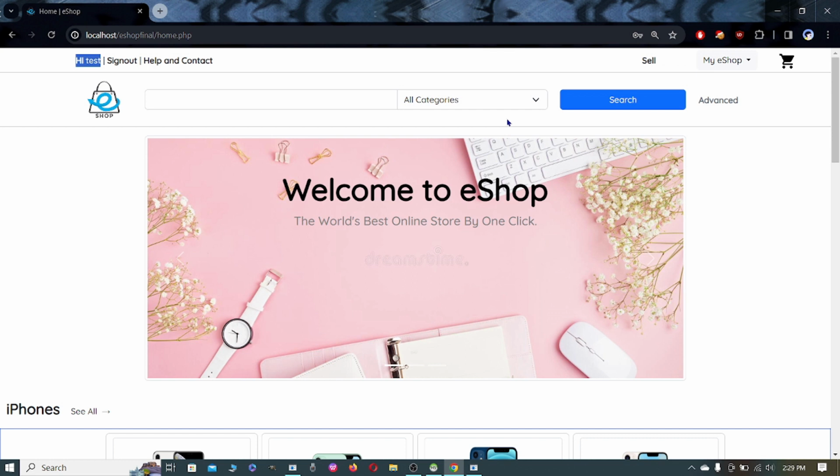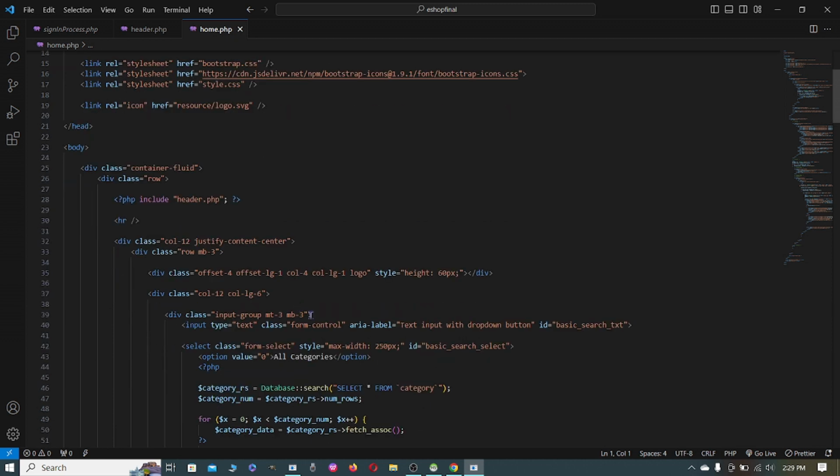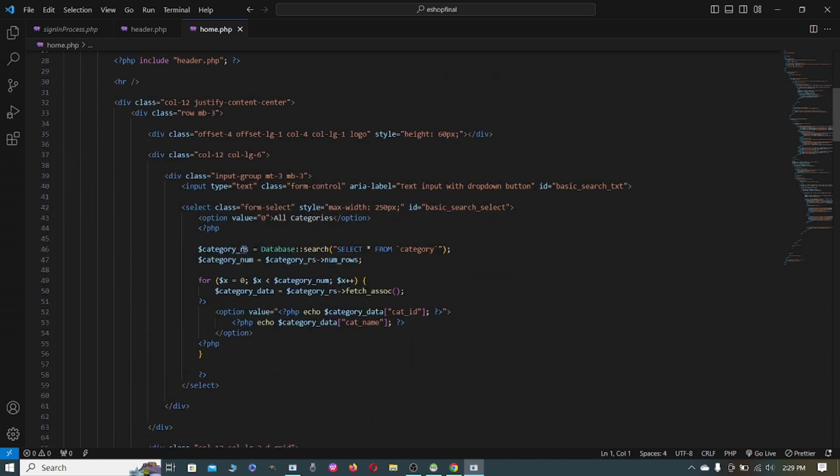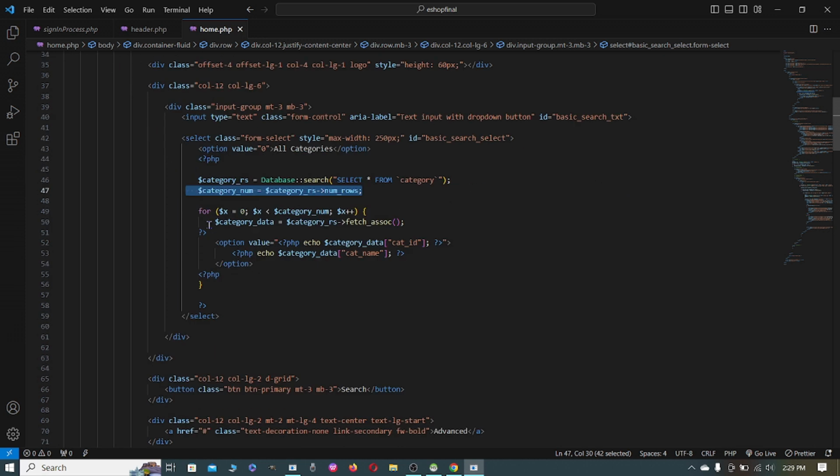If you consider the drop down, it's this, and as you can see, we have selected all rows of the category table using this search query, and we have calculated the number of rows, and using a for loop we have selected each row and given them as options. As you can see,